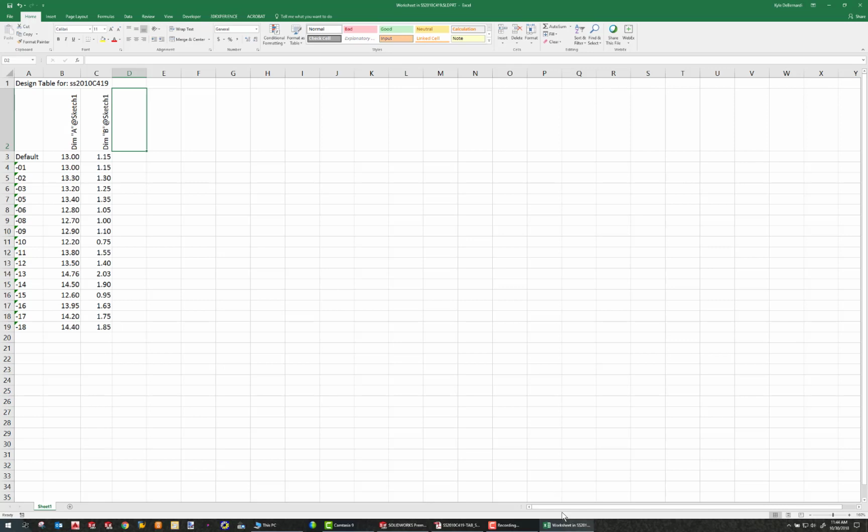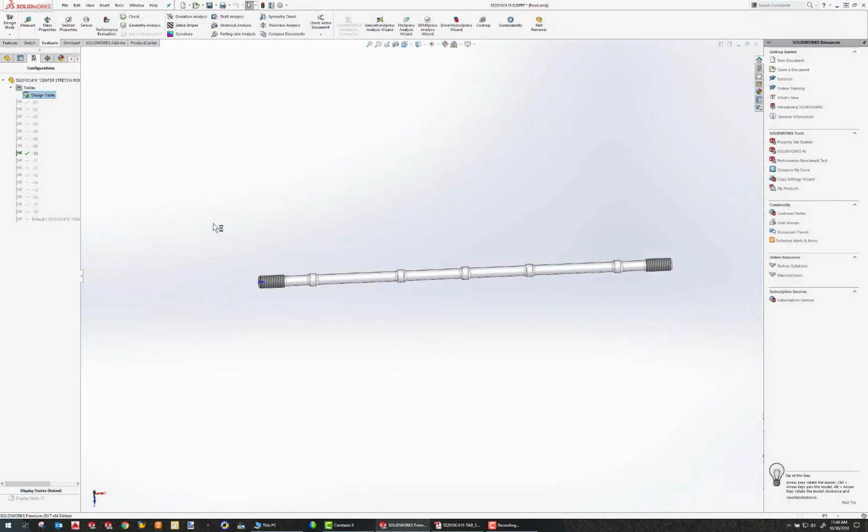You'll notice that this worksheet pops up. This is a Microsoft Excel worksheet, and it says design table for this part number, and we have all of our different tabs. And notice here it says dimension A at sketch 1, dimension B at sketch 1, and then there's a tabulated version of all these dimensions. This is where you input those dimensions that you want to change with the given configuration name. So how this ties together is if I close my table, go back to my part,